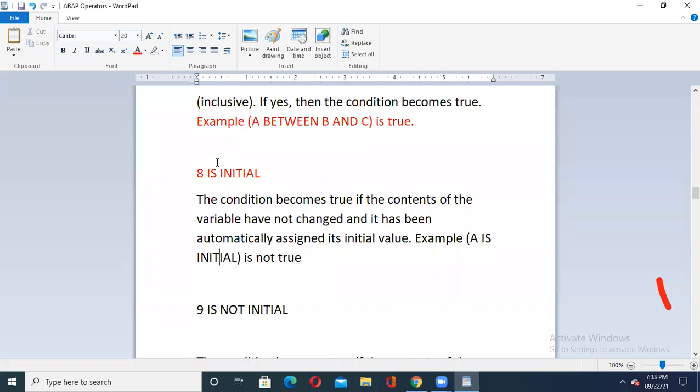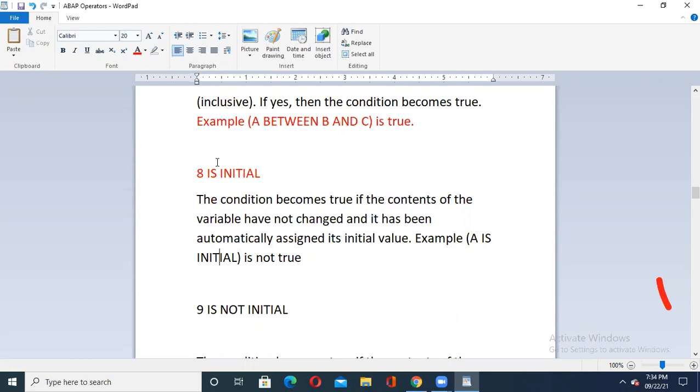I'm saying that A is initial 20. When I say it like this, it means that A's value is 20. Then I write the program, and at the end somewhere I cross-verify whether my A value is modified because of some operations. To do that, I may check with the help of IS INITIAL whether A still contains that 20 value or it is modified.